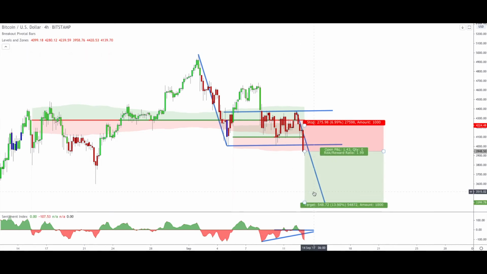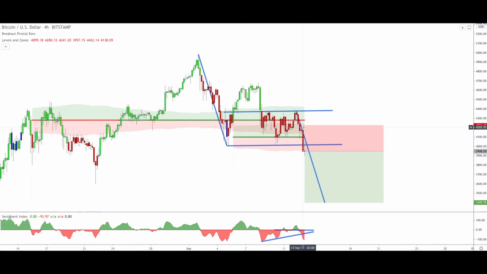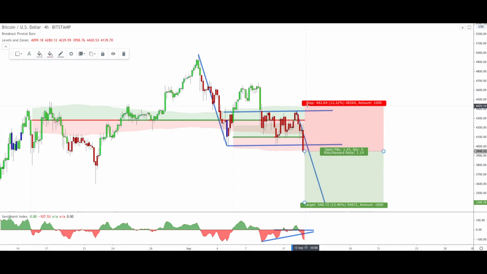Okay, and I see that the risk reward is currently 1.99, so almost 2, which is the minimum that I look for. But I set the target here, which is correct, and then I can play around with the stop loss. If I want to be extremely conservative, I should place it above the current consolidation, but